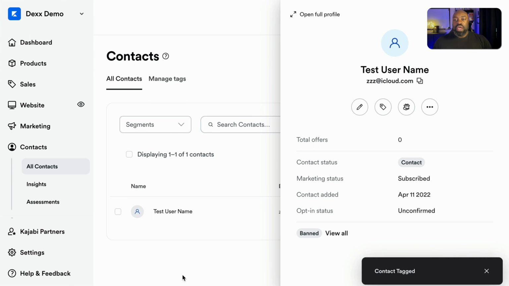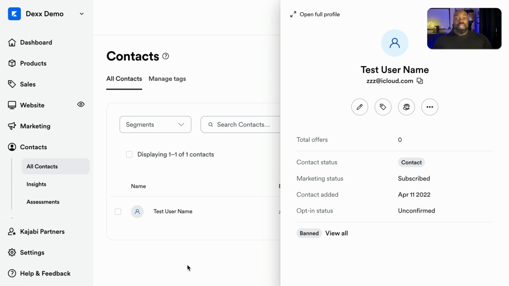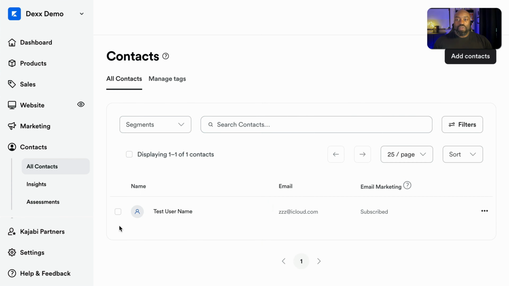Why is this important? Well, within Kajabi, we have the ability to add automations. Now, on the Growth plan and up, you get access to advanced automations. The difference being that you can add conditions to your automations. Here's why that's important. If I close out of here and I go to the marketing section and I go to automations, I can use this as an example, but I could say when someone